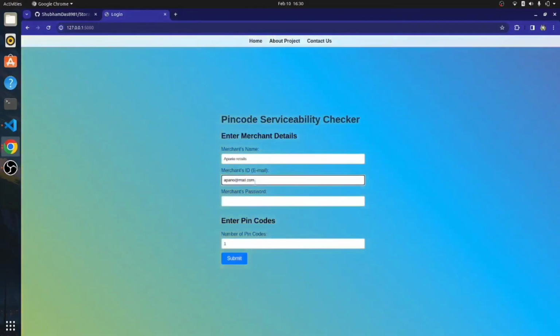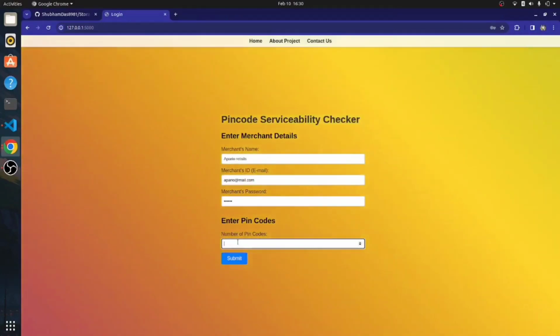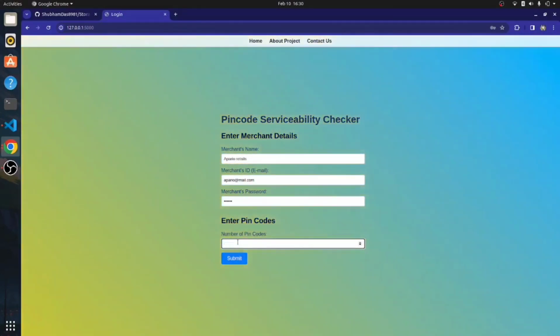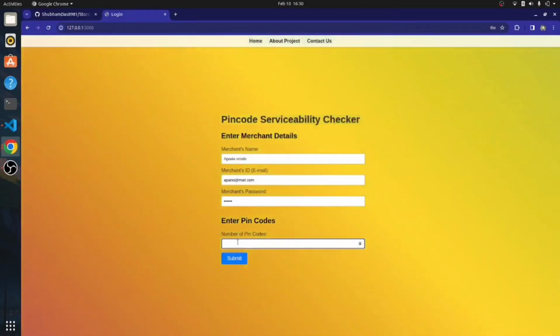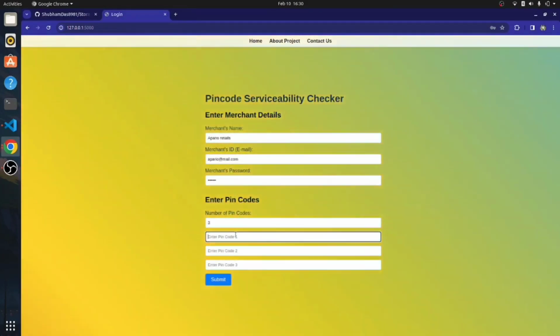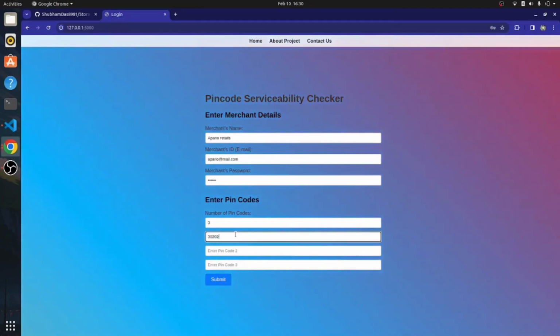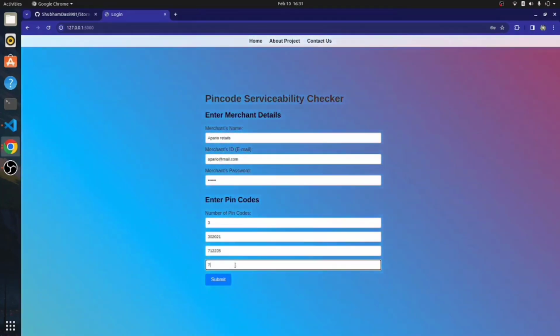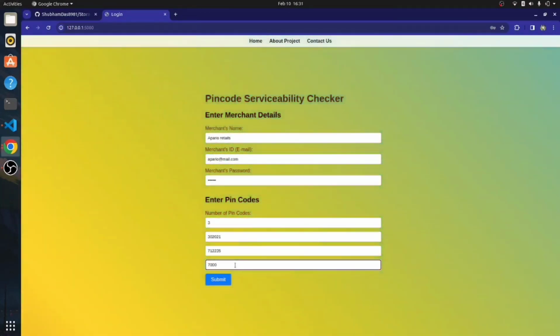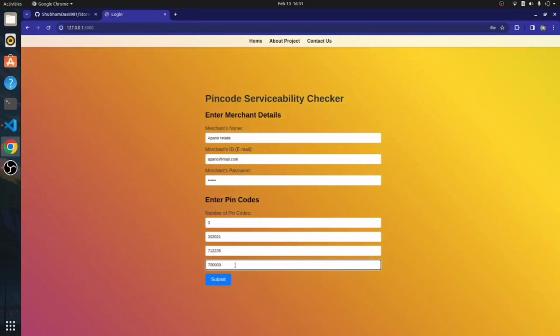and giving an arbitrary email, apario@mail.com, then a random password, and last but not least we can give as many pin codes as we want. For example, in this case I want to give 3 pin codes. The first pin code is 302021, the second pin code will be 712235, and the last pin code will be 750000. And after submitting it,